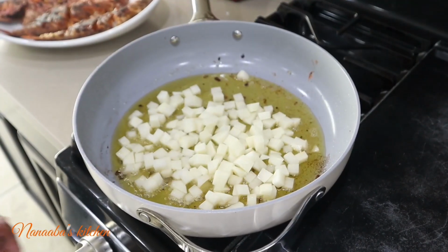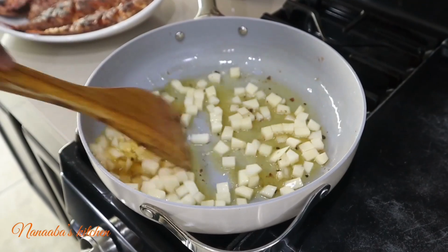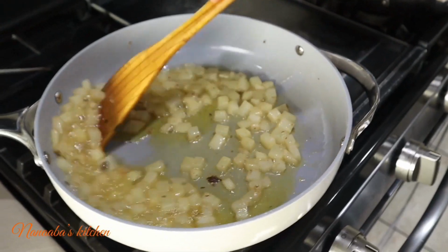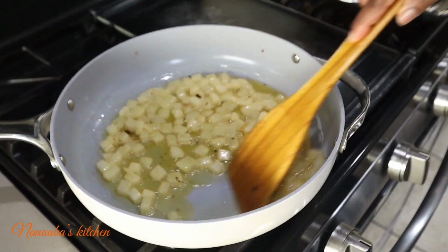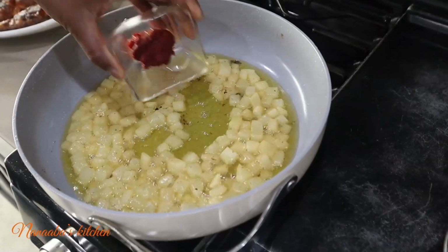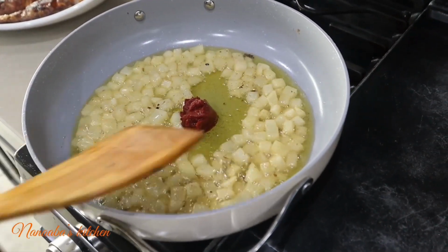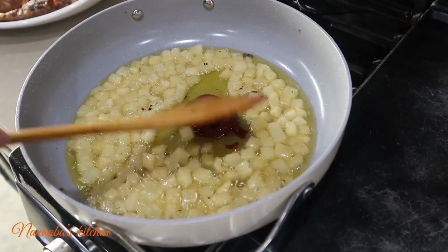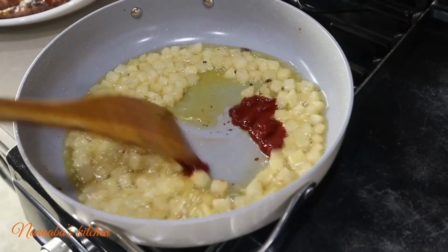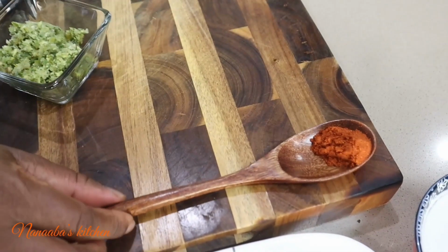Now in this flavorful oil, we pour in our diced potatoes. We're going to fry them until they are softened and almost golden brown. And then we'll go in with our tomato paste. That way we can start building on flavor and developing that curry. Now, after adding the tomato paste, we're going to cook it for about 2 minutes, followed by the curry and